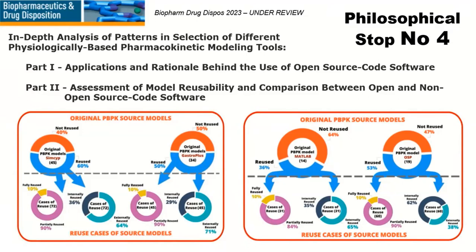When we look at the reusability overall, we looked at 145 cases. In each of those pie charts above the dashed lines, you will see the blue area is indicating what proportion of all those models developed with that particular platform